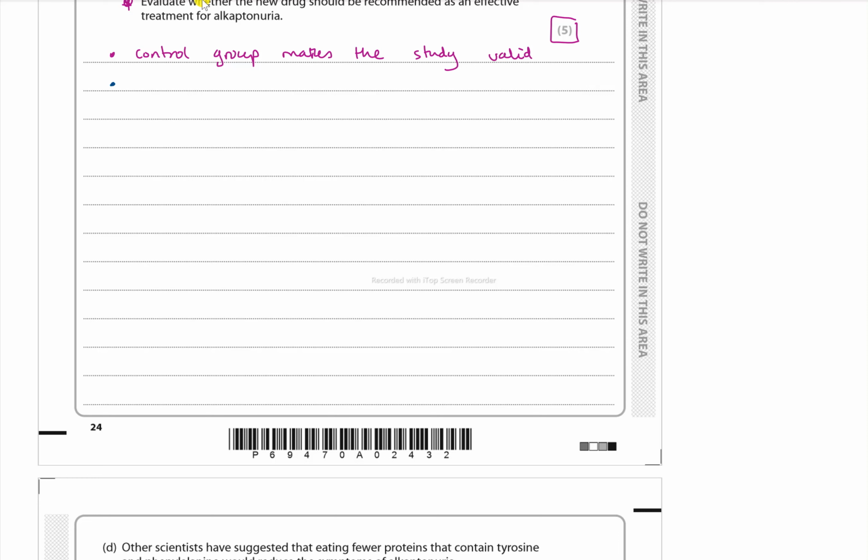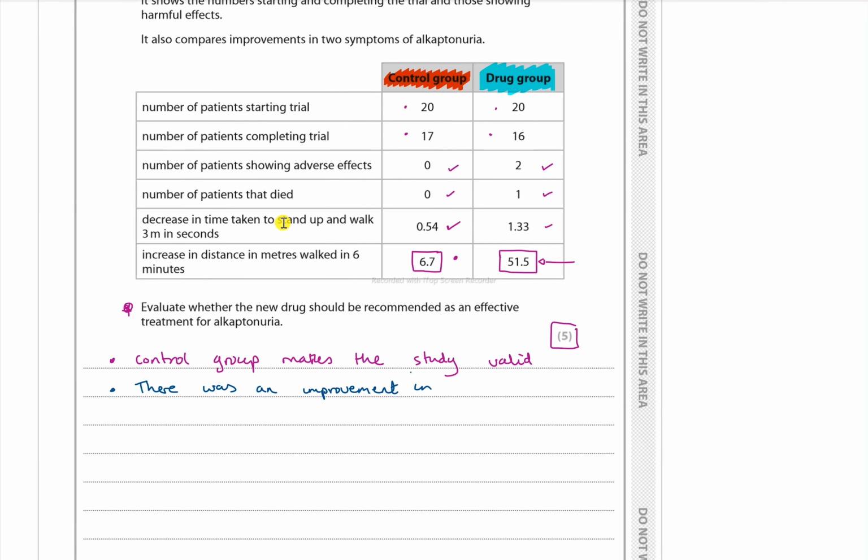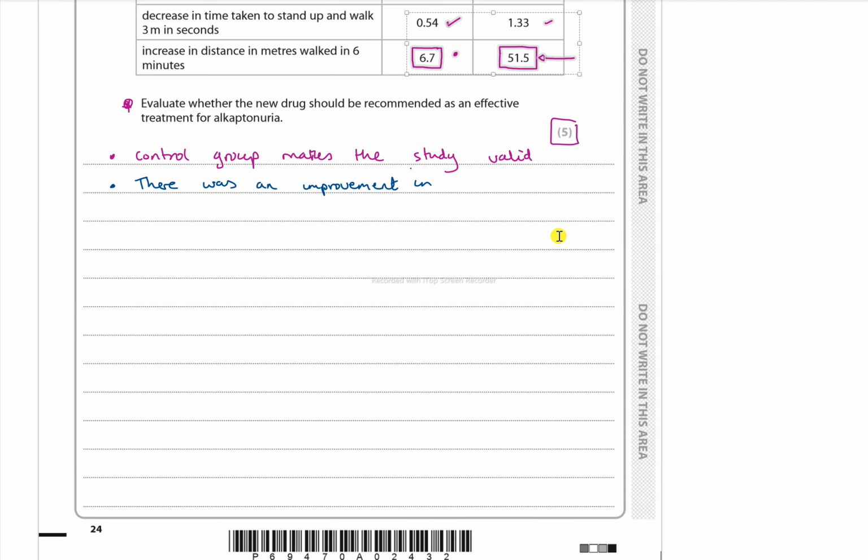Next one, there was an improvement in here. Can you see that bit? There's an improvement. There was an improvement